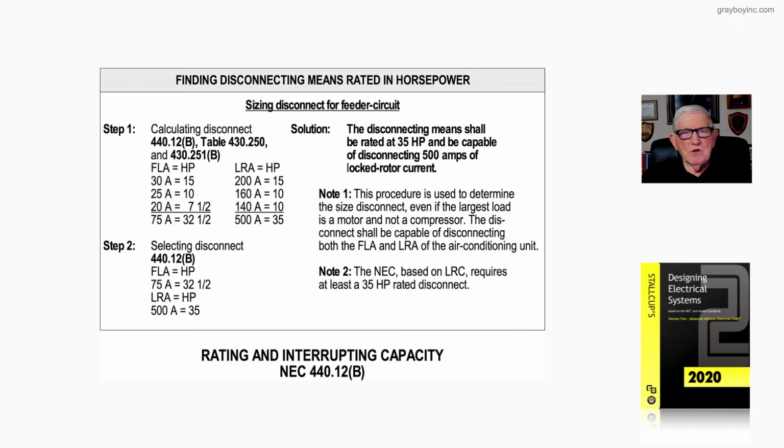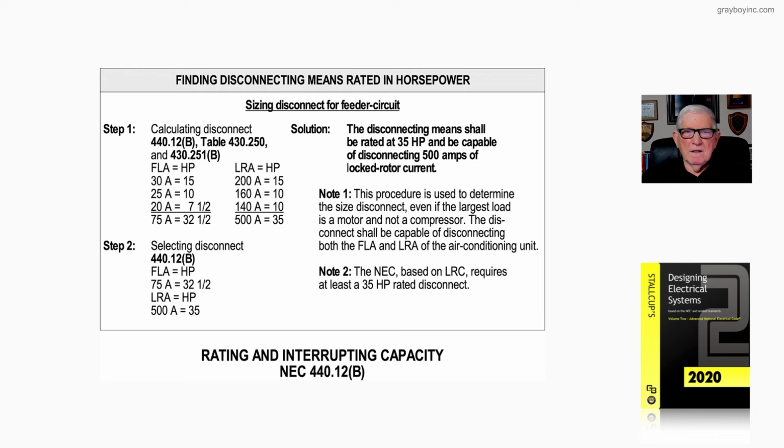Now step two, we're selecting the disconnect based upon the requirements of 440.12(B), as in boy. So based upon the 75 amp FLA, 32.5 horsepower, and the locked rotor amps horsepower, 500 amps, is 35 horse, so we select the 35 horse. So the solution, the disconnect shall be rated 35 horsepower and be capable of disconnecting 500 amps of locked rotor